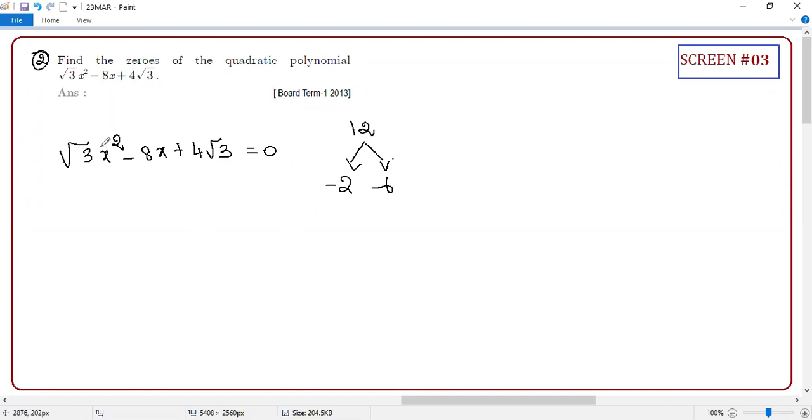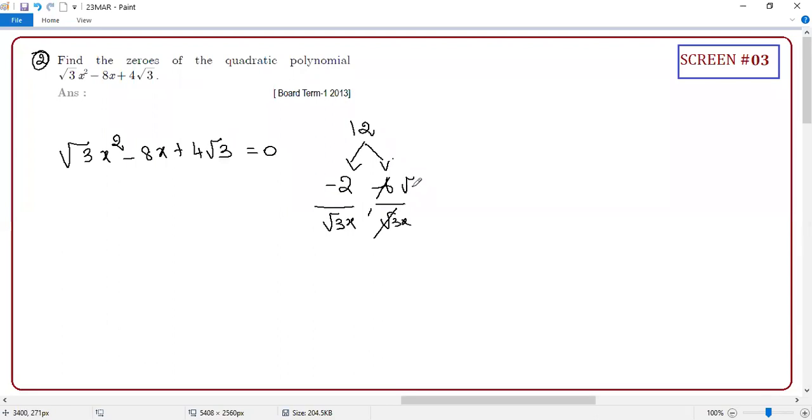And do you remember that the moment you have seen something in the front, you should not write the answer directly, x minus 2, x minus 6? You have to divide by root 3x. Yes or no? Right? Anything can be cancelled here. Think like that. You cannot cancel this one, but you can cancel this one. Correct or not?